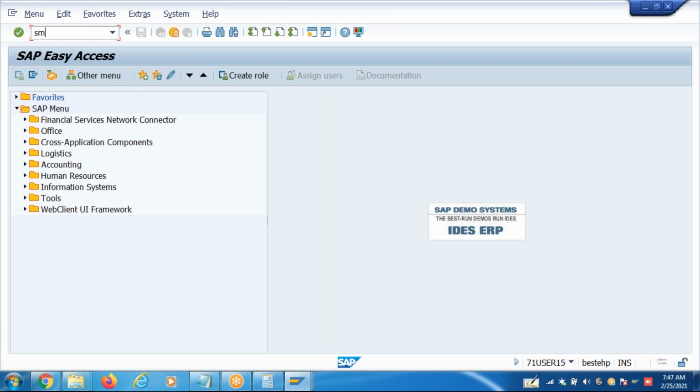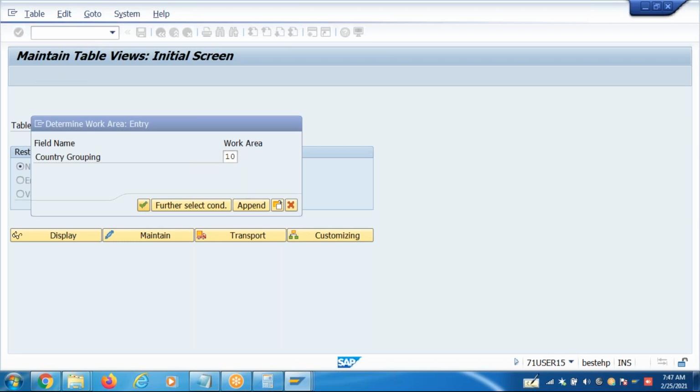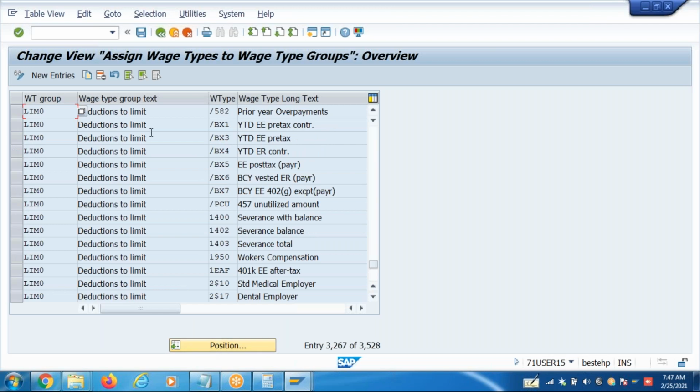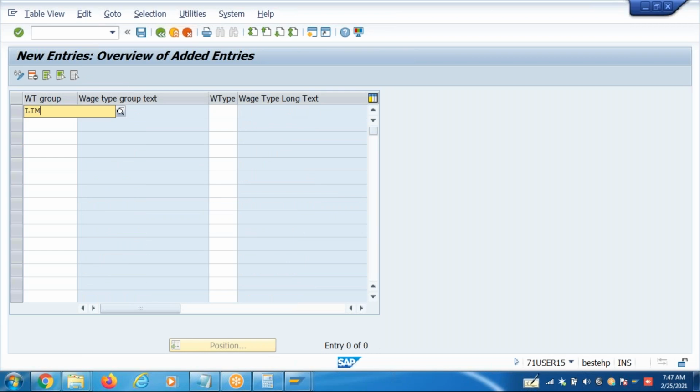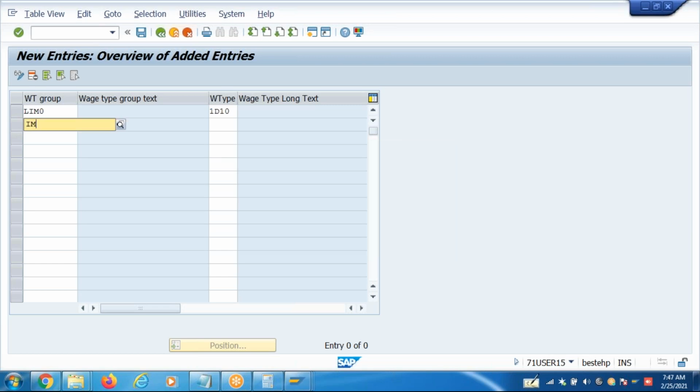Go to SM30, T_T50 to D7. So LIM 0. This is the limits wage type group, deductions to the limit. You have to have your wage type here. Then only the wage type is read by the limit function, guys. Go to LIM 0. Your deductions do not exist here. Add them.